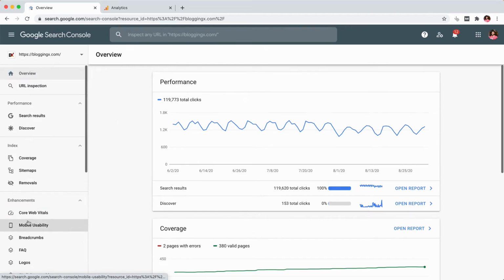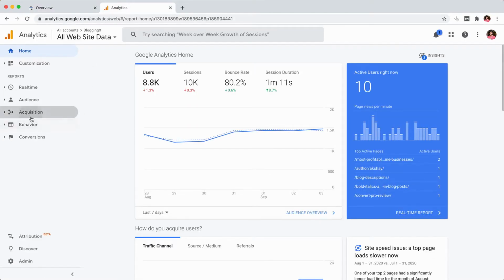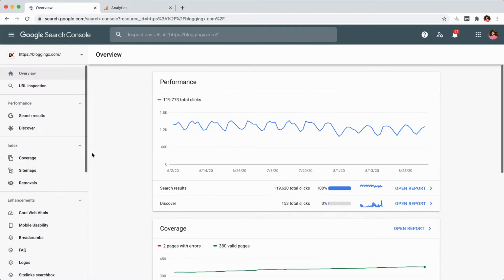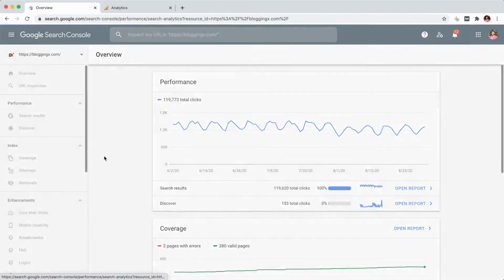So the main things that you need to know here, I'm not going to dive in deep into each and every feature that Google Search Console and Analytics will offer you. It's not logical for me to cover everything here. So you need to keep track of only the essential things, okay? Later down the lane, like when you are doing some advanced conversion rate optimization or advanced tracking for e-commerce or whatever, then you can make use of essential features, right? So when it comes to blogging perspective, these are all the most important things that you need to look into. So the first one is search results.